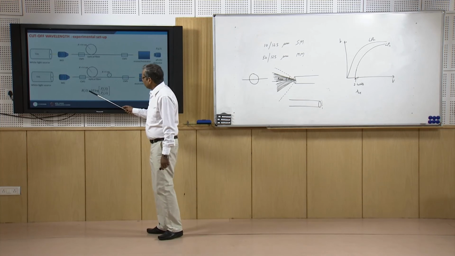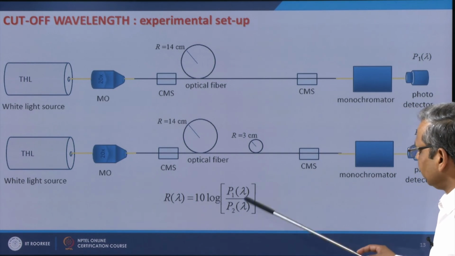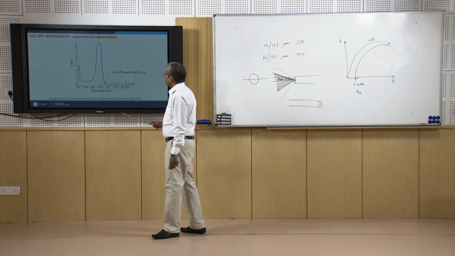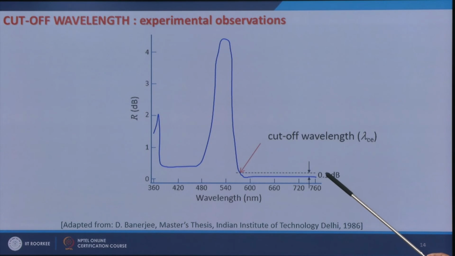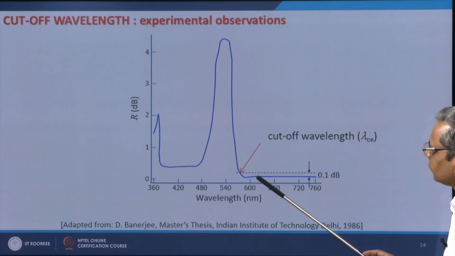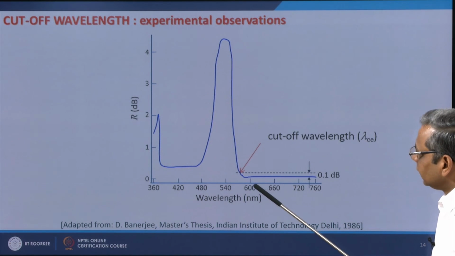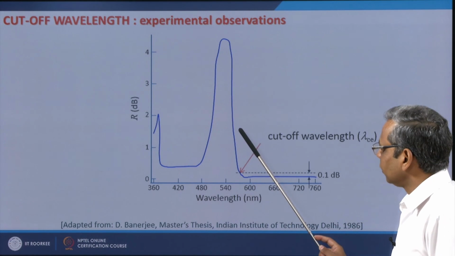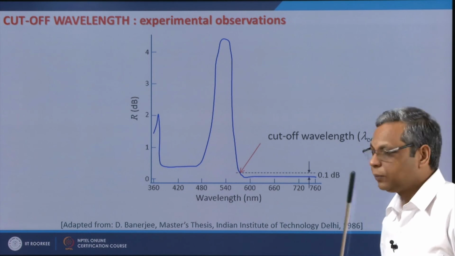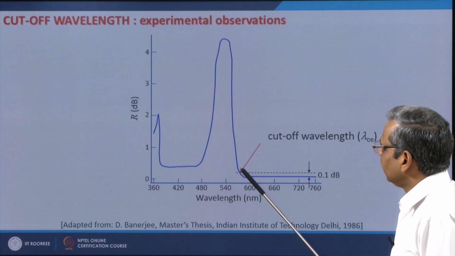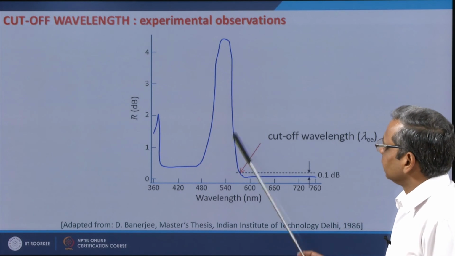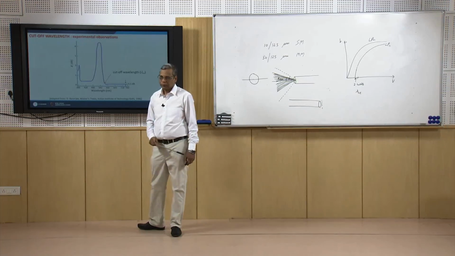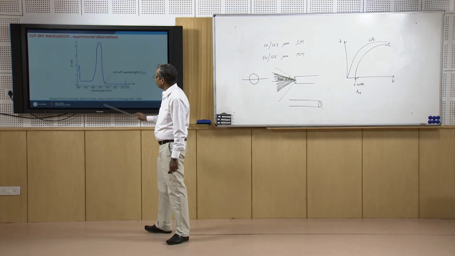If this ratio in dB is R lambda equal to 10 log of P1 lambda over P2 lambda, then I plot this ratio, and when I plot this, it looks like this. So, at longer wavelengths I have low bending loss, and when I keep on decreasing the wavelength, then around this wavelength it starts increasing, because now the power goes into the LP11 mode, which is spread into the cladding, and then further decrease in the wavelength will increase the bend loss, and after that all the modes are confined in the core. So, bending loss will decrease.